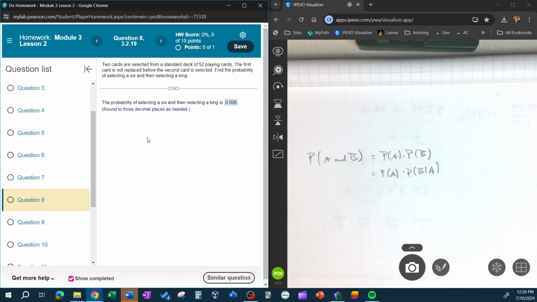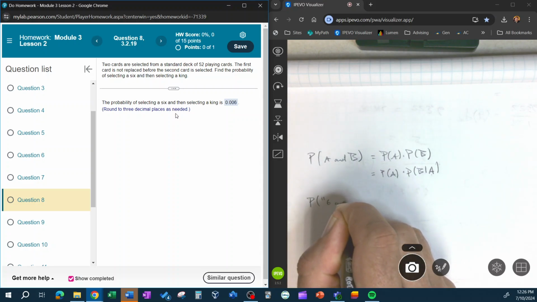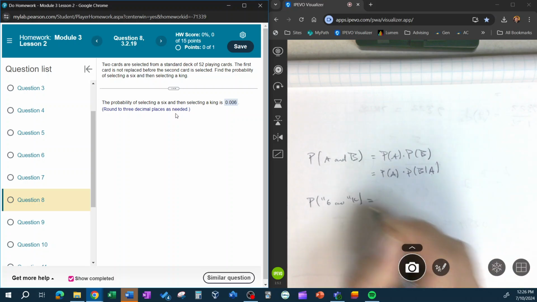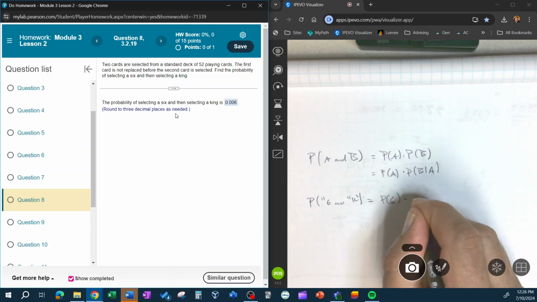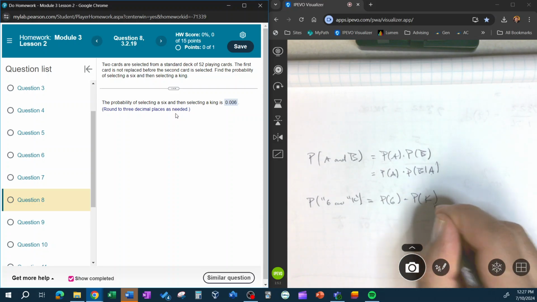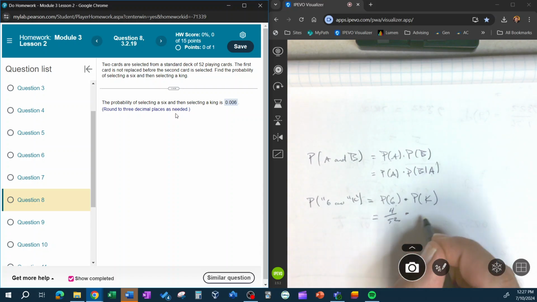What's the probability of selecting a 6 and then a king? So we're going to want a 6 and then a king. Well, that's going to be the probability of getting a 6 times the probability of getting a king. This is the multiplication rule, we're multiplying. So what's the probability of getting a 6? Well, how many 6s are there? There are 4 sixes in a deck of cards. The total number of cards is 52, and there are 4 sixes, so we're going to have 4 possibilities in the numerator, times